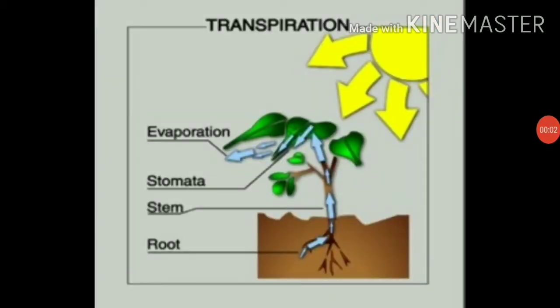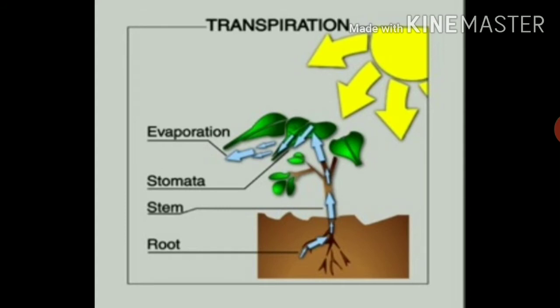Students, let's observe the picture carefully. This is the picture of transpiration. You have also drawn the diagram of transpiration in your science copy. So let's observe the picture. You see how water is absorbed by roots. After that, water travels through the plant, and then finally water evaporates through leaves with the help of small openings that